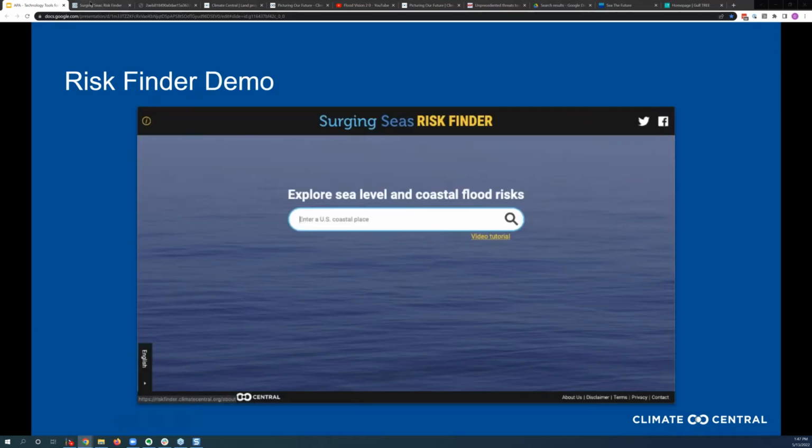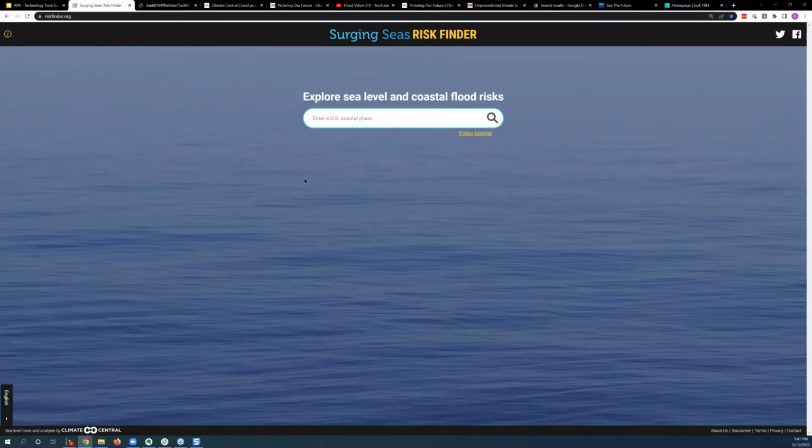Now I'll give you a demo of Risk Finder. You can go to riskfinder.org, and let's think through a couple of scenarios and how you might use this. To sum it up, it gives you the bathtub model, so you can roughly estimate what's at risk from, let's say, an incoming storm level or for sea level rise projections. Let's say a storm is coming in and the local weather team is projecting a storm of about 7 feet.